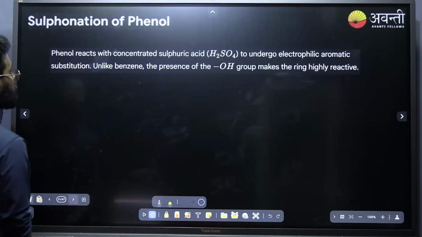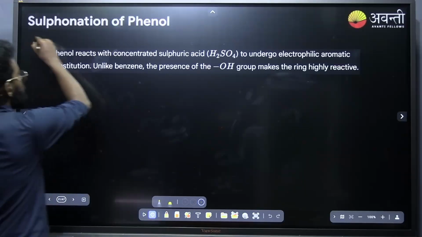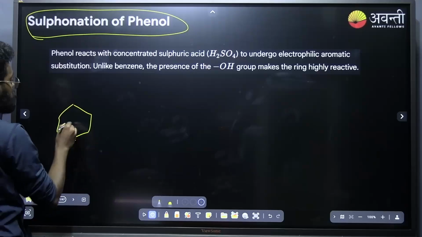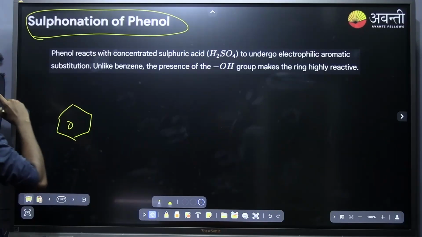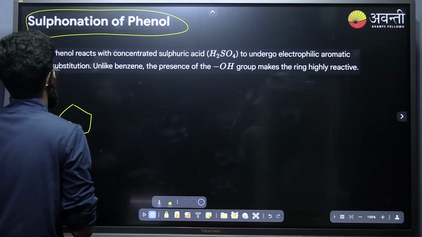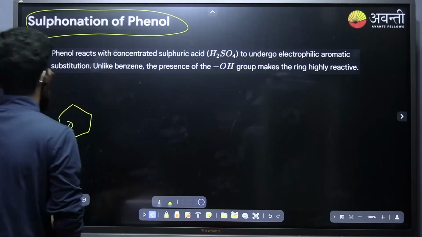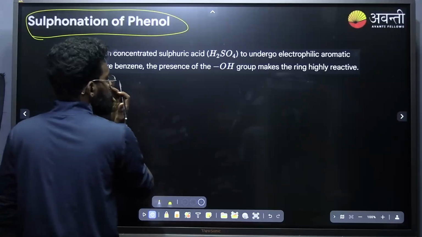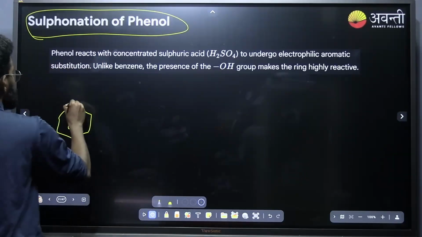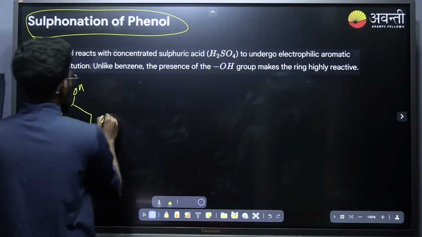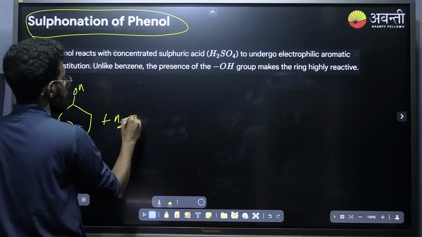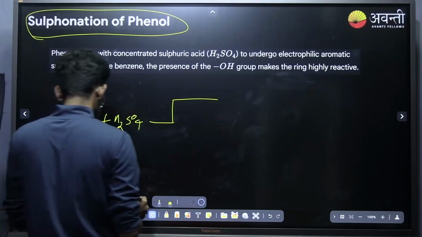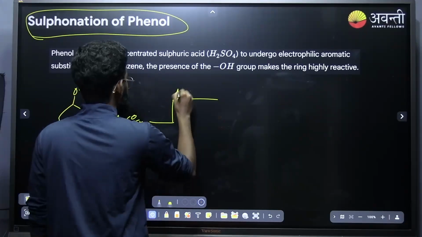That is sulfonation of phenol. Next is sulfonation of phenol. In sulfonation of phenol, we have to check for the temperature. Sulfonation of phenol will be giving different products depending upon the temperature. Not a different product, but the product with a different position of the substituent. Phenol on treating with H2SO4, if I am doing this sulfonation at 25 degrees Celsius,